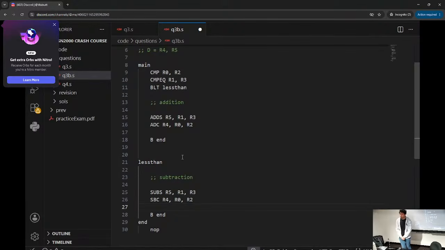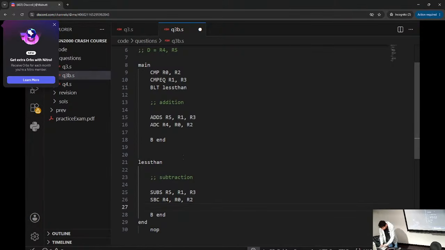Usually, yep. So the question was, would we get marked down for writing inefficient code? If the question explicitly says you must write optimal code, then yes. Usually when it says that, it means try avoiding branches or unnecessary lines of code that could be compressed down, right? If it doesn't say, you might not be marked down, but if you write really terrible code,